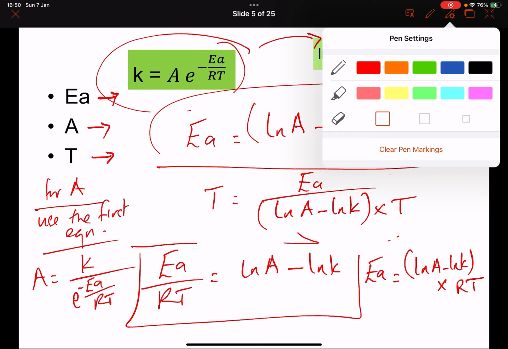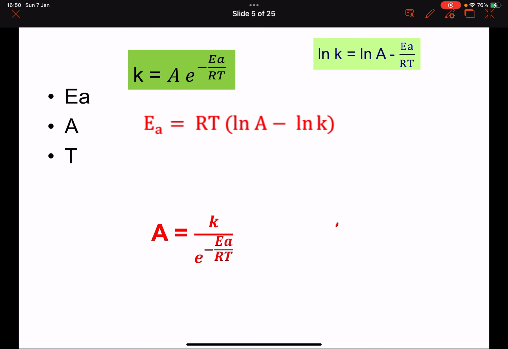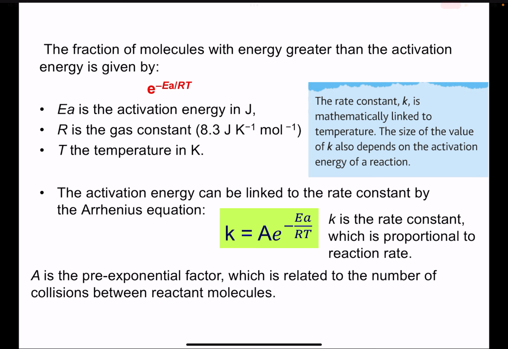I'm just going to rub everything off, and then move on and show you what's going to happen next. Right, now let's explain what we mean by